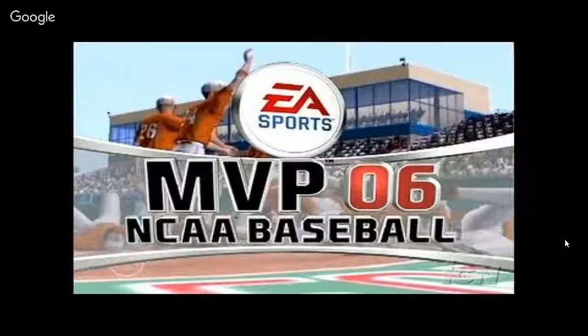He'll try to go for 2. He is safe at second. Runner at second, 2 out. He is out in the inning. 6-0 Oklahoma State. We go to the top half of the 5th inning.